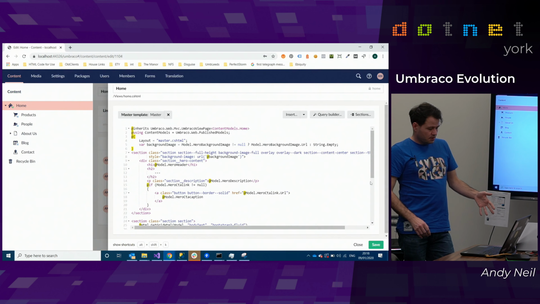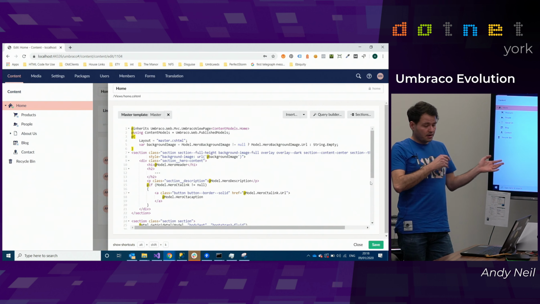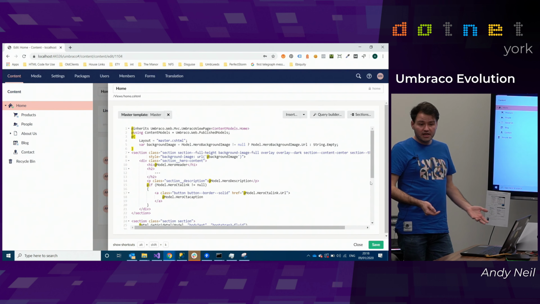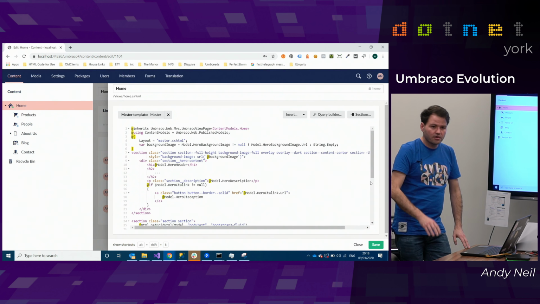But I think it's important to actually look at some of the .NET stuff. And one of the really cool things that they brought in version 7 and have brought through properly into version 8 is strongly typed models. Because for years and years in Umbraco you had magic access strings, so you'd say get me property value and pass it a string name, and then someone would go and rename a property and suddenly everything falls apart, and you're yellow screening here, there and everywhere, or getting nulls out.